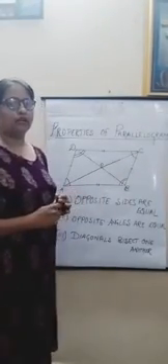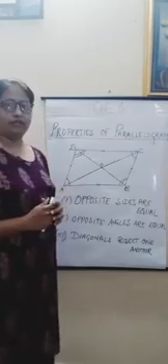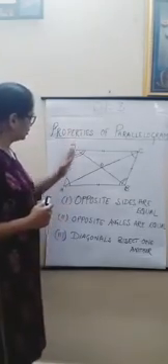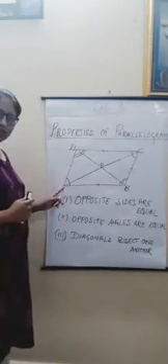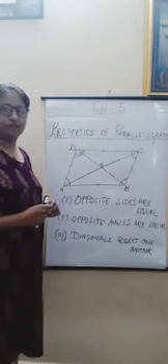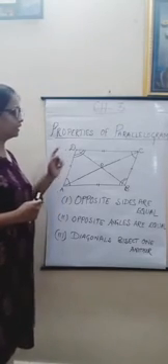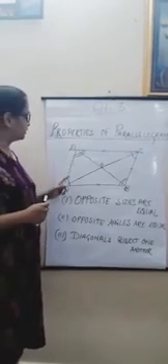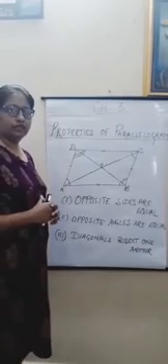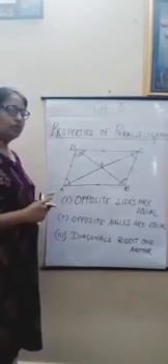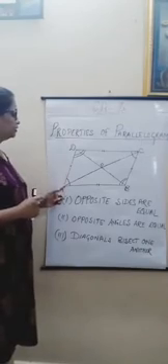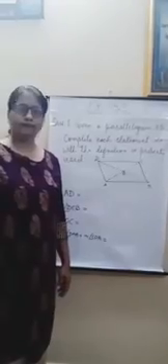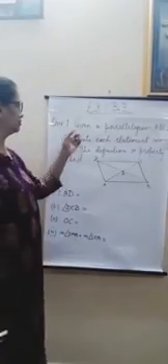One more thing you can remember about a parallelogram is that, since it is a parallelogram and this is a transversal, consecutive interior angles are supplementary. Here you can see angle A and angle D are making consecutive interior angles and their sum is equal to 180 degrees. So you should remember this also, that consecutive interior angles of a parallelogram are 180 degrees. Now let us start with exercise 3.3.